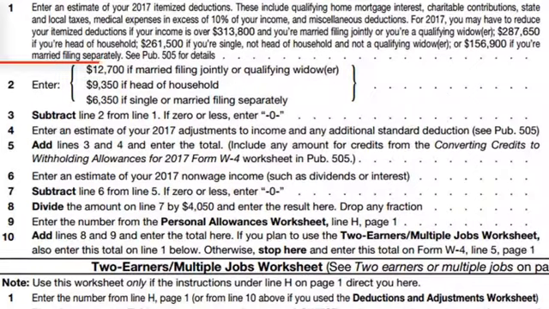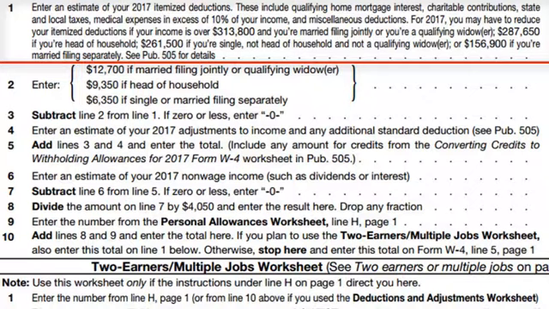Line 1 reads, enter an estimate of your 2017 itemized deductions. These include qualifying home mortgage interest, charitable contributions, state and local taxes, medical expenses in excess of 10% of your income, and miscellaneous deductions. For 2017, you may have to reduce your itemized deductions if your income is over